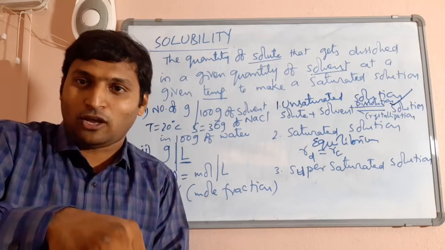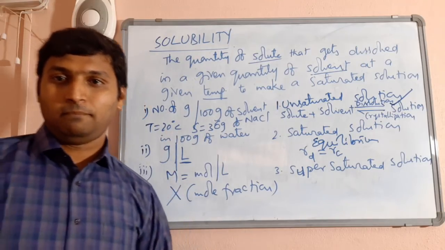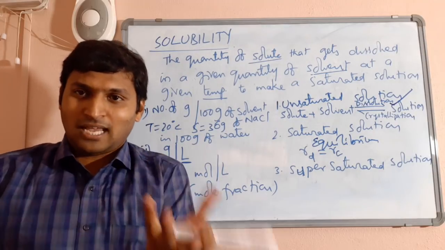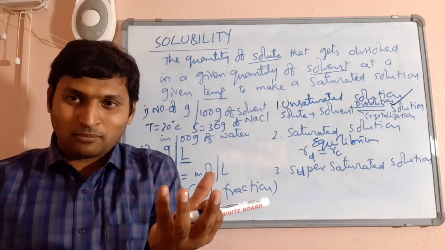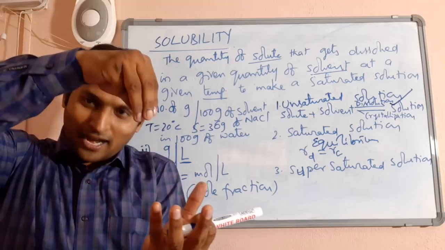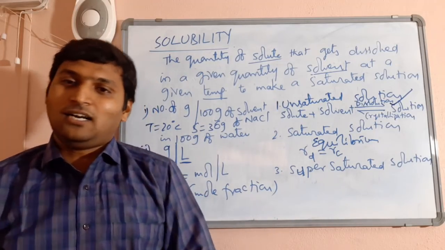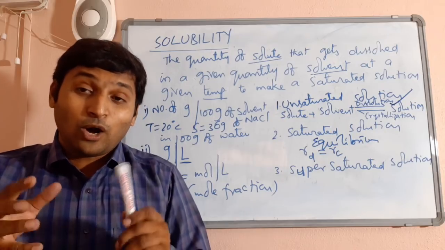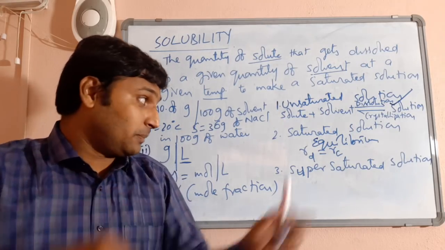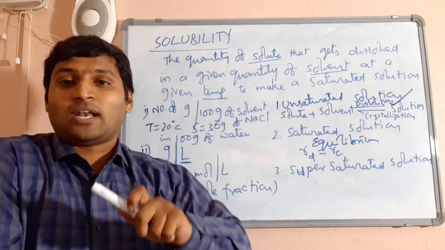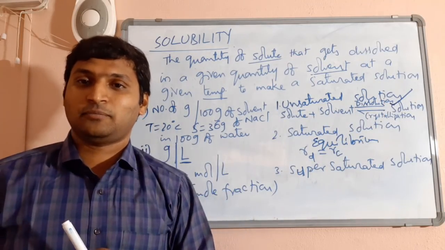This 1 gram will dissolve and the dissolved 1 gram will crystallize. Now you may ask me, for a person seeing a vessel full of sodium chloride solution, I am adding 1 gram. I feel that 1 gram is unable to dissolve, that's why it came and settled down. How are you sure that 1 gram has precipitated, a forward process has happened? With the same rate, the 1 gram from dissolved has crystallized.